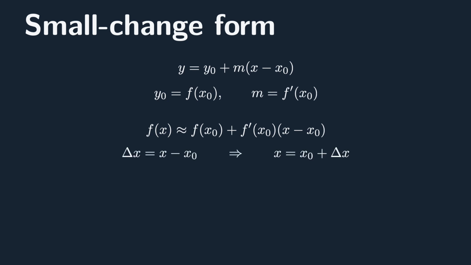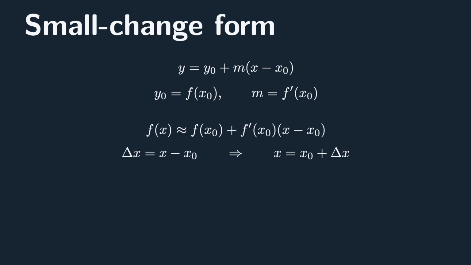Δx = x − x₀. Here x₀ is fixed. It is the point we have chosen to linearize around. The new quantity Δx tells us how far and in which direction x has moved from x₀. So Δx = 0 means x = x₀. It does not necessarily mean x = 0. This is important. x tells us where we are on the x-axis, while Δx tells us how far we are from x₀. Equivalently, x = x₀ + Δx.